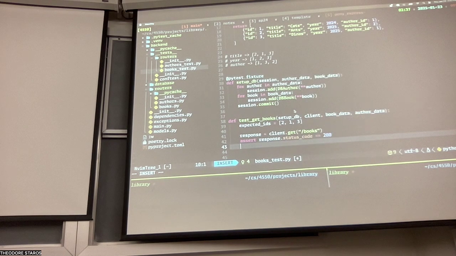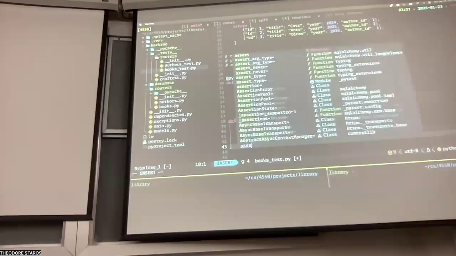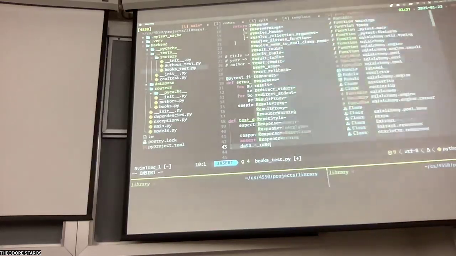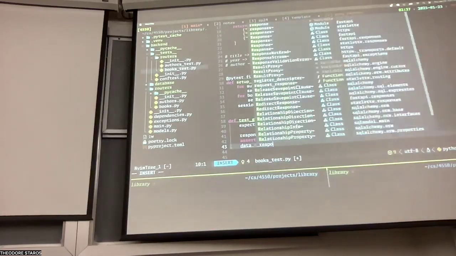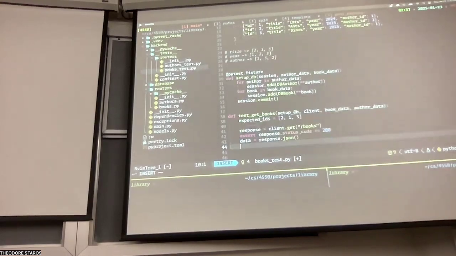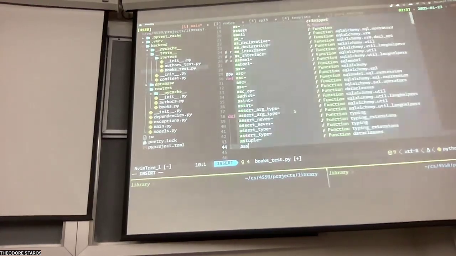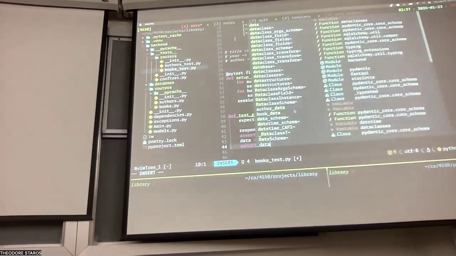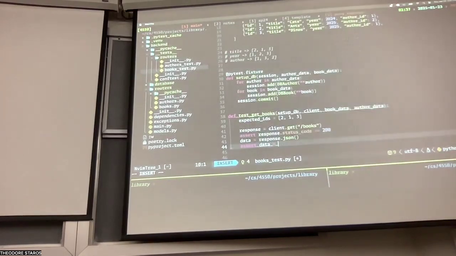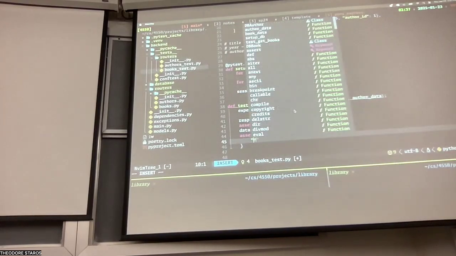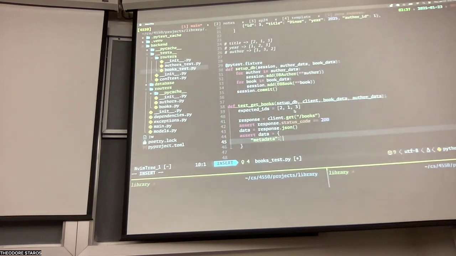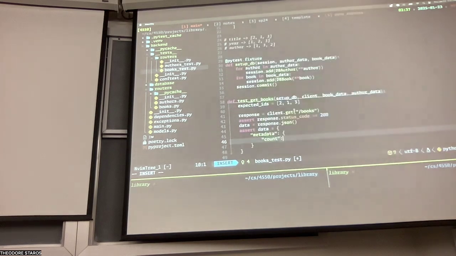Then I can say data is response.json, and assert data equals. This is going to be an object, and it's going to have a metadata key, and this metadata key should have a count of